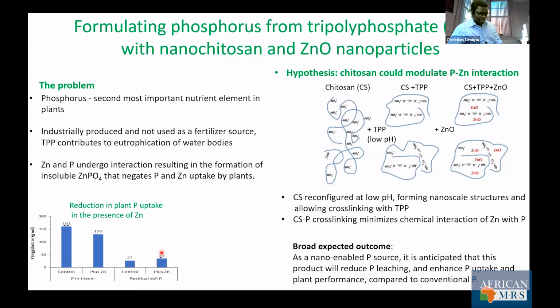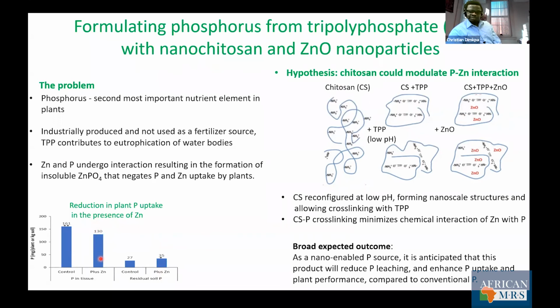It's more. This means you may have more phosphorus for the next season to plant if you have zinc in the soil, if the chemistry allows for dissolution to occur, and then you have the zinc released. However, to solve this problem here, I'm hypothesizing that chitosan can modulate this interaction to prevent what we see here from happening. We want phosphorus to be taken up by the plant and not leach out into the soil,